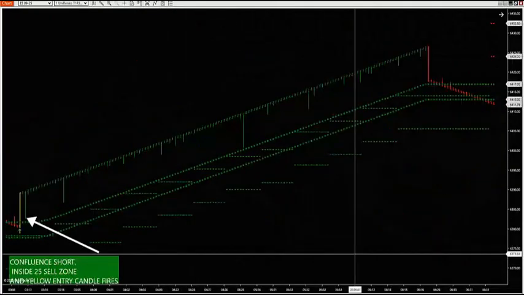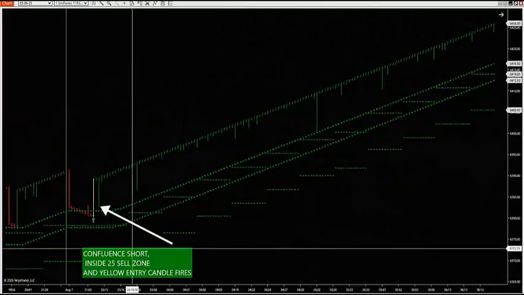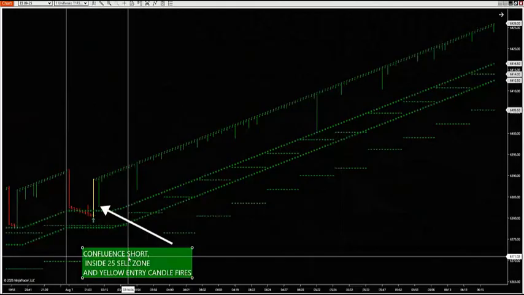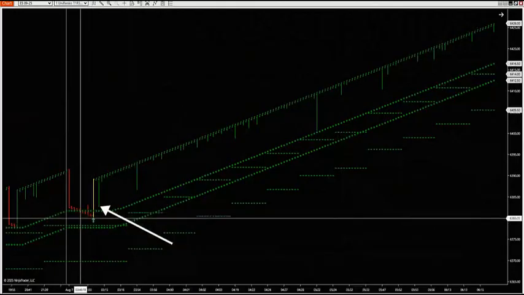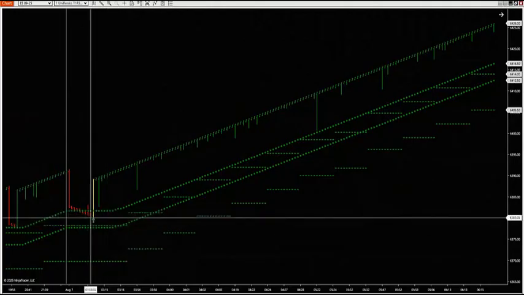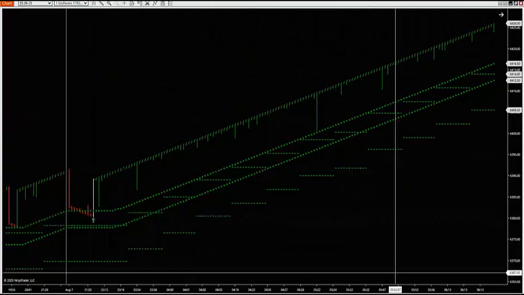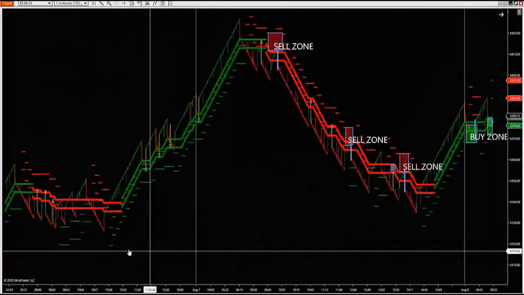Now, what happens is you get the buy signal is the opposite. So a buy signal, you'll look for what? You will look for the market to pull back inside of my zone, get a reversal. There we go. So you can see yesterday, it was just a great day of trading with that big buy